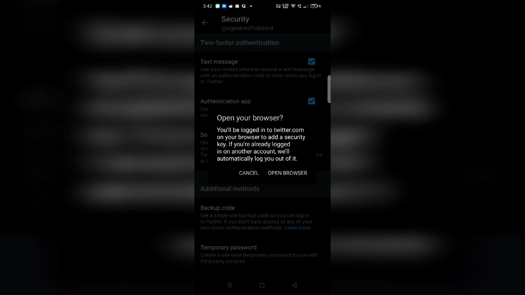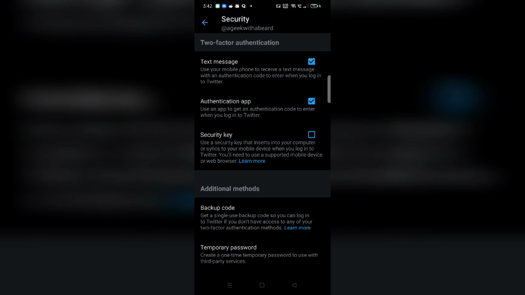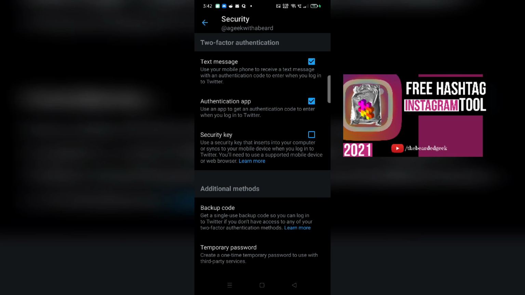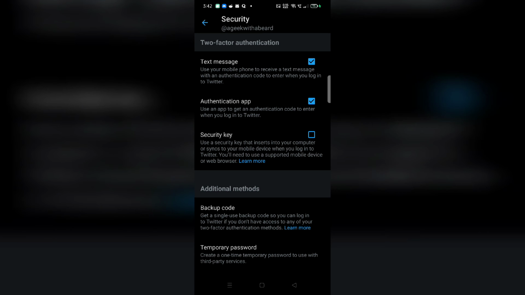If you're already logged in on your account, it will automatically log you out of the browser. To be really honest, I'm not going to enable this one on my application because I have never enabled any social network account with a security key, and that is not required. When you do these two methods, or even one of them, it's going to be more than sufficient to increase the security of your Twitter account.